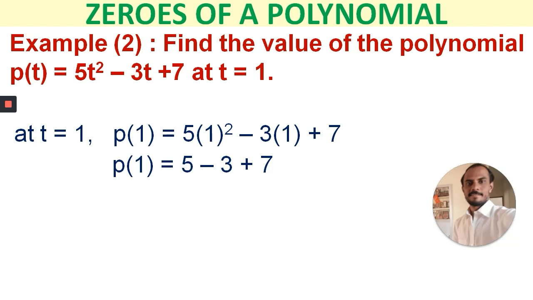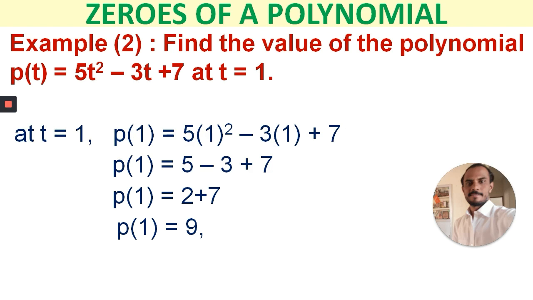See the students, here P of 1, at t is equal to 1, the value of the given polynomial did not come 0. The constant number here came, 9 remains. Okay, P of 1 is equal to 9. Then is 1 the 0 of the polynomial, yes or no here? According to the statement of the 0 of a polynomial, if k is any constant, after replacing the variable, P of k is equal to 0, then only k is called a 0 of a polynomial. Here P of 1 is not equal to 0.